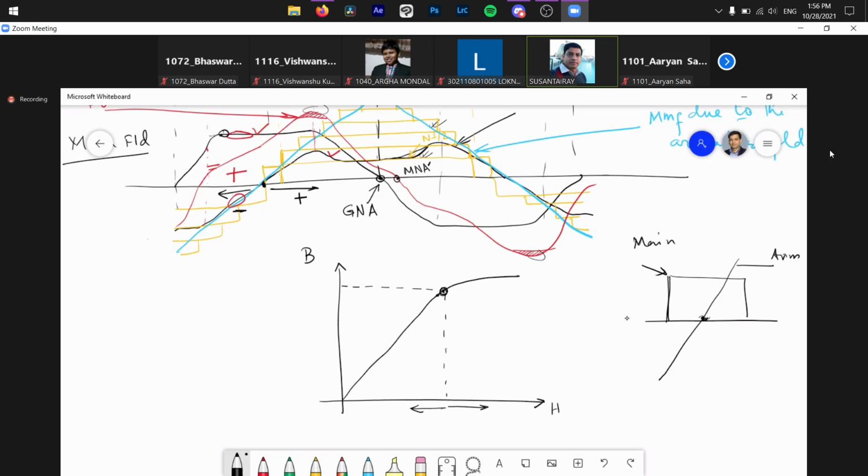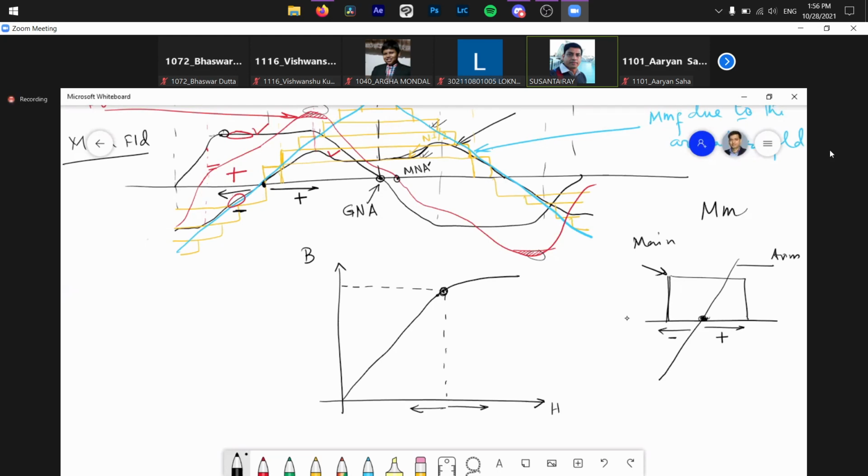Okay, now this is the zero crossing of the armature. Now this side both are positive, so therefore they will be added, and this side one is positive, another is negative, so they will be subtracted. মানে মেইন ফিল্ডের যা ভ্যালু তার থেকে আর্মেচার ফিল্ডের MMF টা সাবট্রাক্ট হয়ে যাবে.